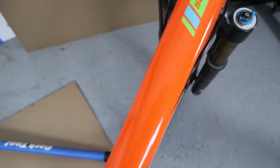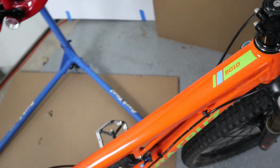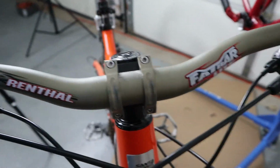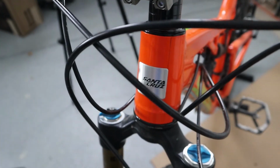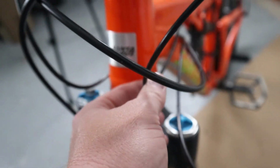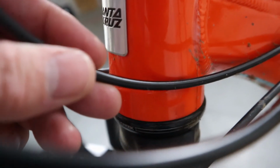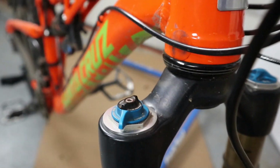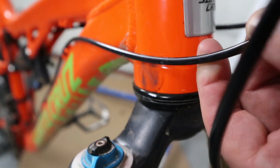Definitely up on the top tube, there's some specific marring here that occurs when you may take a spill or drag a shoe over it or things like that. A couple other spots that I usually put frame protection on as well. You'll notice here where the cables actually, see if I can get the camera to focus here. So where the cables actually rub up against the headset shell, there's some rubbing going on there, or a little bit of friction. And then also where the rear selector,